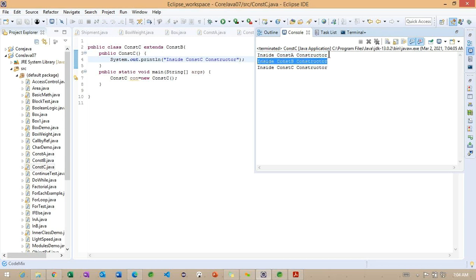First the option is given to the superclass constructor, ConstructorA. This is nothing but constructor chaining, how exactly it is calling internally. This is also very important.